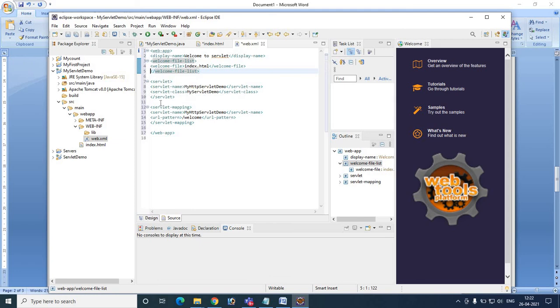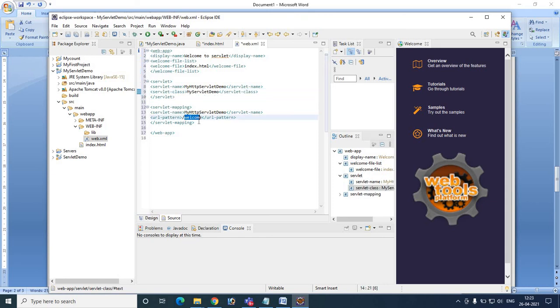After that, within the servlet tag, we have to give my http servlet demo to my servlet demo. That is, the HTTP servlet demo is mapped with my servlet demo, and then in turn the my HTTP servlet demo is mapped with the URL welcome. So which means that the word welcome is mapped with my servlet demo.